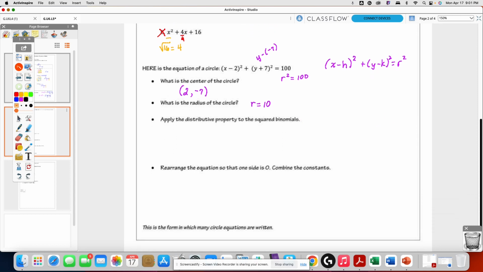Now, let's take a look at the third bullet right here. It says, apply the distributive property to the squared binomial. Okay, so the first squared binomial is x minus 2 squared. So just like we did before, when you square this binomial, you would have three terms, okay? You would have three terms, 1, 2, 3. The first term would be x squared,